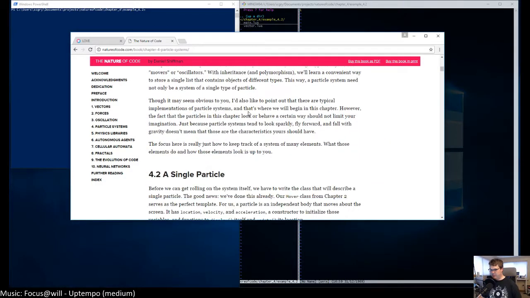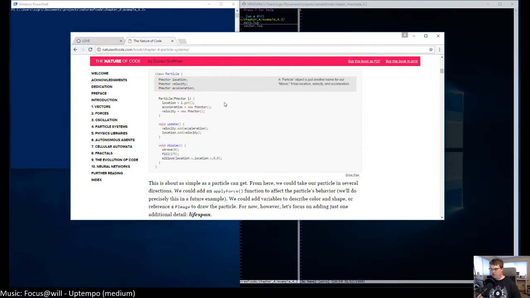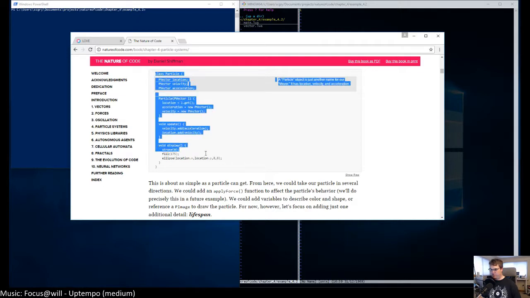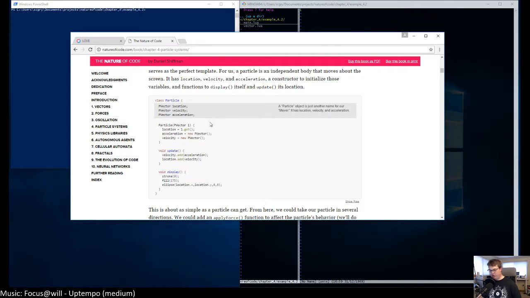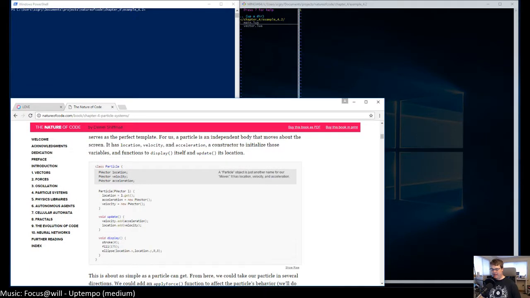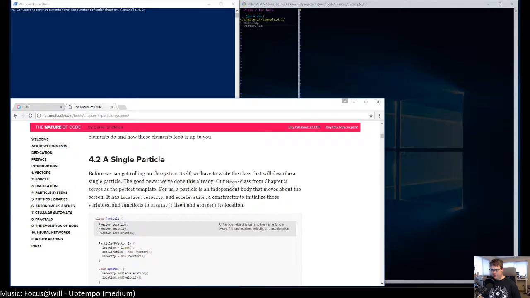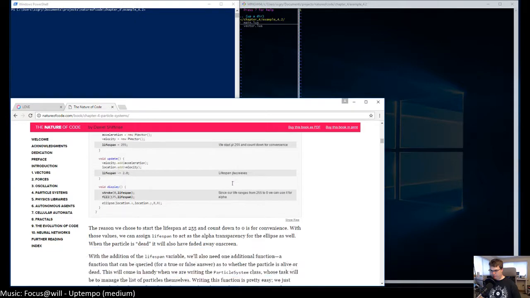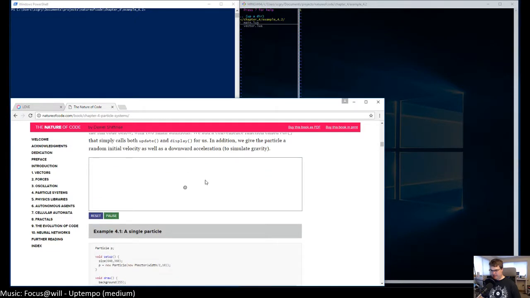So what we're going to do today is we're going to create a new particle class, which is going to be similar to our mover class from before, and then we're going to display it to the screen, and then we're going to create a table of them and put them all on the screen and sort of see what happens. So the plan is, the first one we're going to create is this, where it just creates a single particle and launches it.